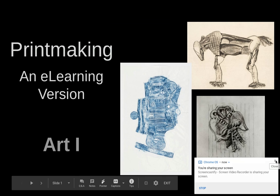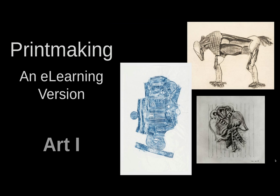Just wanted to go over our printmaking lesson with y'all. So this is printmaking, an e-learning version. It's a little different than the version we would do if we were in the studio, but that's totally okay. So we're going to talk a little bit about what we would have done if we were in the studio, and then we're going to talk about what we're going to do for our own project while we're at home